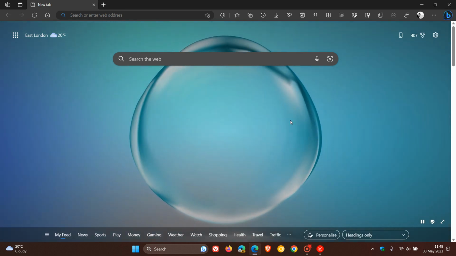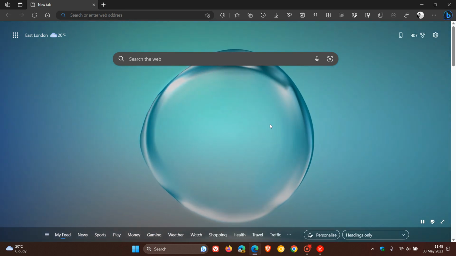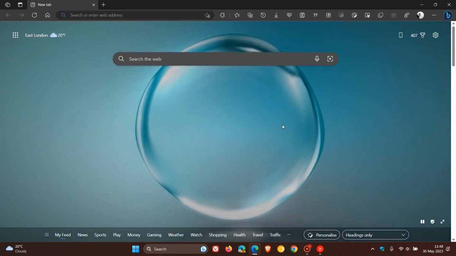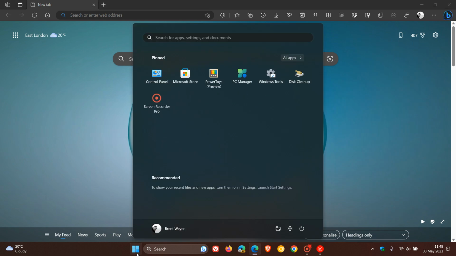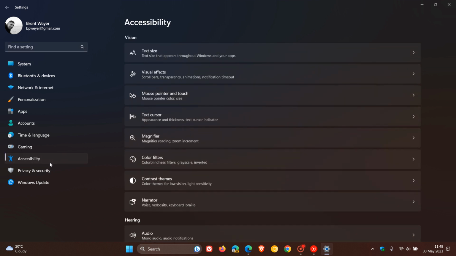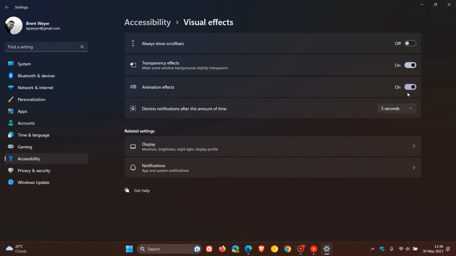If the video isn't playing automatically, as we can see now it's looping, that water bubble is looping in the background. If it's not playing automatically, what I would suggest is heading to your settings. Head over to your settings, head to accessibility. And here you will see visual effects. Make sure animation effects is turned on if you want that video